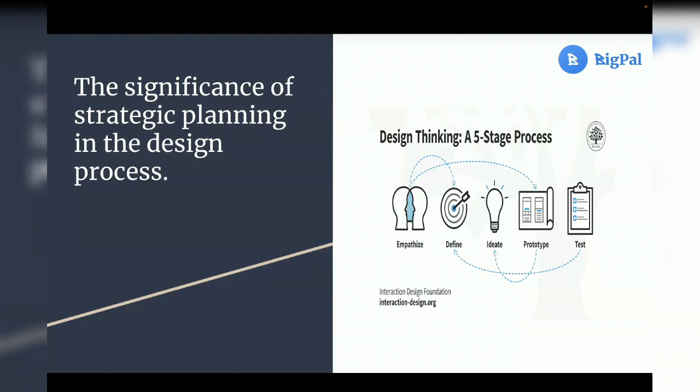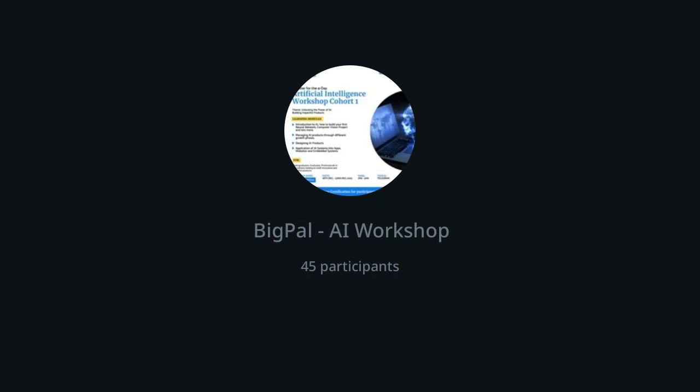The next process is the ideate process, just as simple as idea. This is where your creativity comes into play. We looked at BigPal and realized we could solve the problem, but the ideating process was when we had to sit down and say, you know what, let's be creative now. We want to solve a problem, but that's just words of mouth. How can we practicalize it? How can we bring it to life? So we had to sit down and brainstorm, check for similar sites. That's the ideating process.